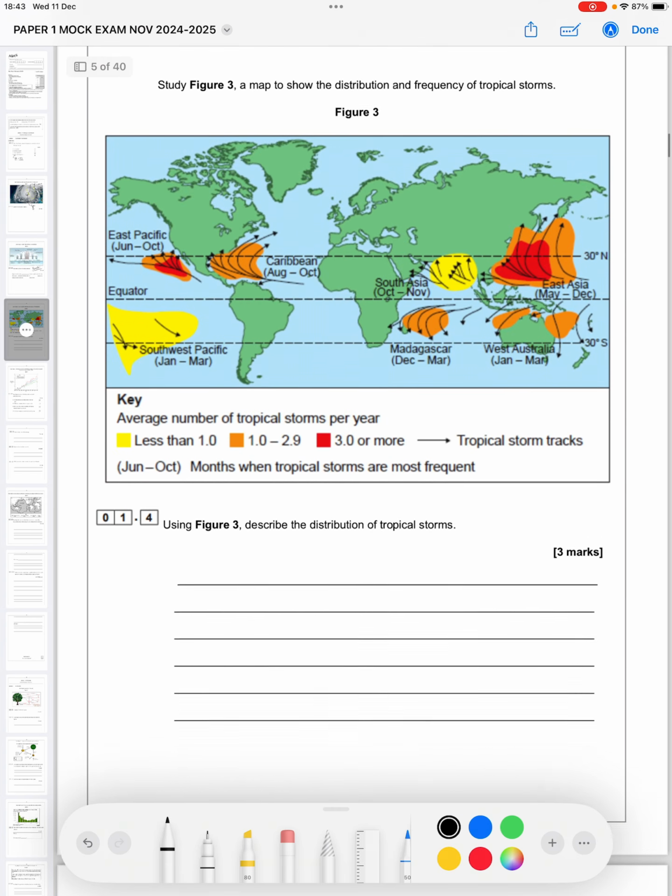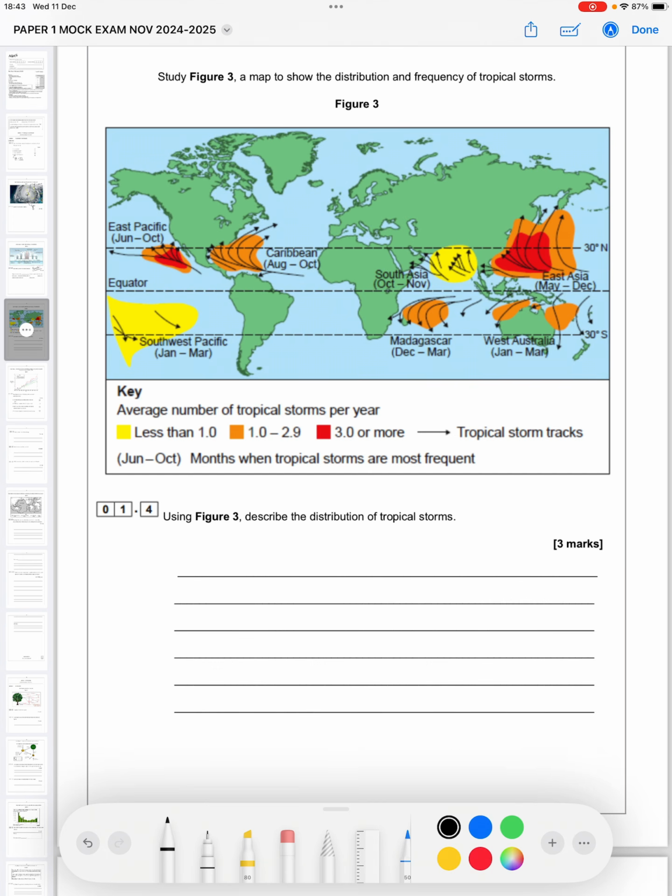Okay. Right, first kind of extended answer question, I guess you could say. So using figure 3, which shows us the locations of tropical storms around the world, we have to describe the distribution